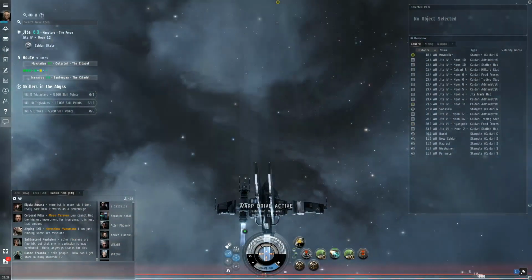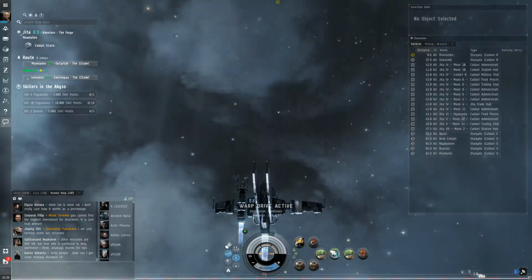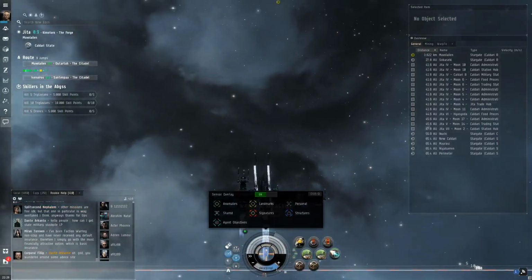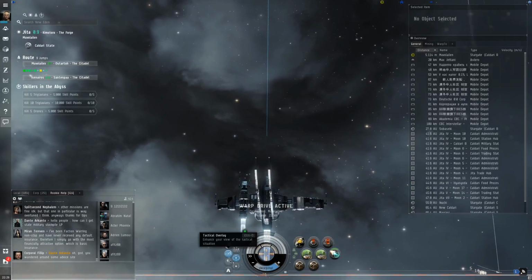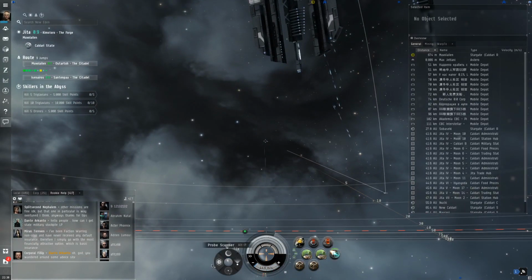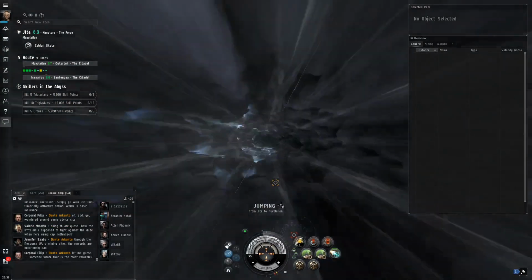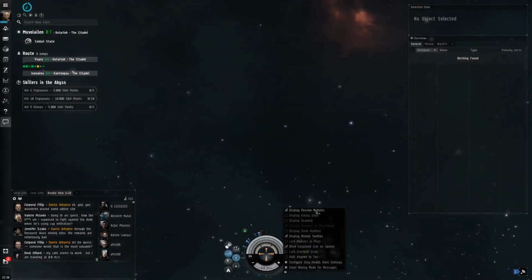And it's also worth checking out these areas while you're going to your destination. So you can open your probe scanner once you're in that system and see what cosmic signatures show up. Who knows, no one might be doing them. And what I do here is I just